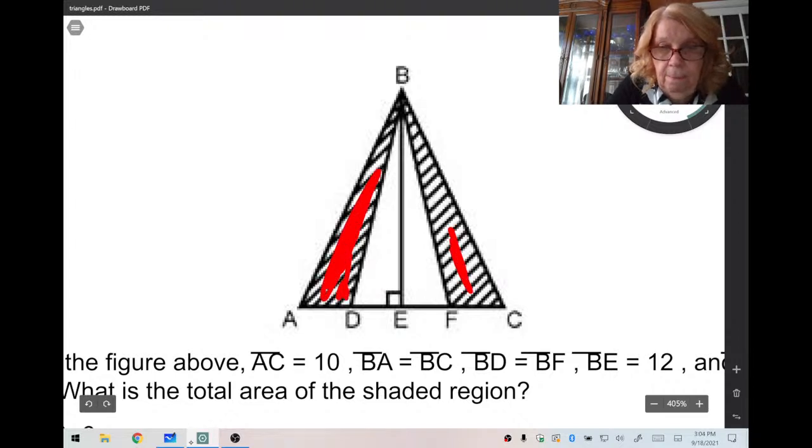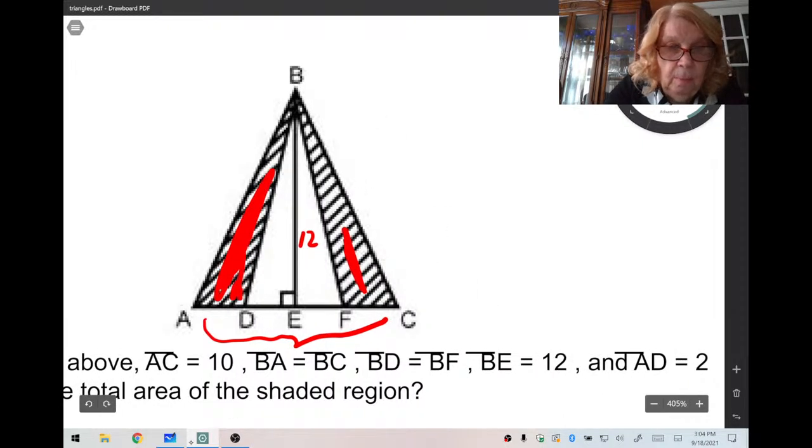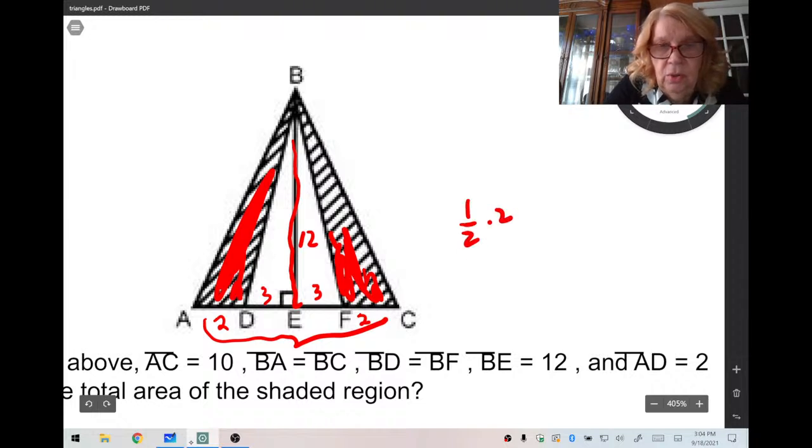Well, let's label everything. So the height is 12. AC is 10 for this whole long thing. So I know that these two equal each other. I know that AD is 2. So that means that DE has to be 3, 3, and 2. So the whole thing is 10. So I can just do this triangle. Remember we said that the altitude can be outside the triangle. So we would just have 1/2 times 2 times 12. And that would just give us 12 for one triangle, 12 for the other one, and the total would be